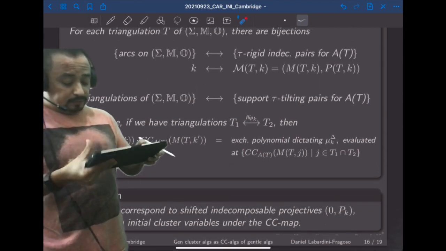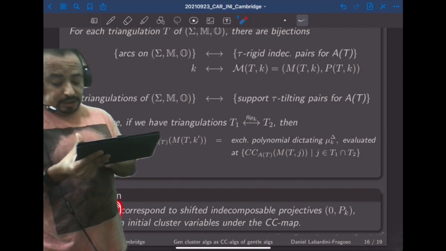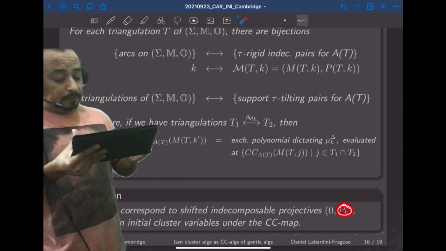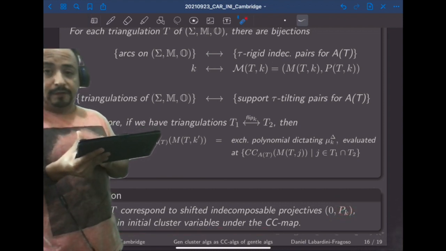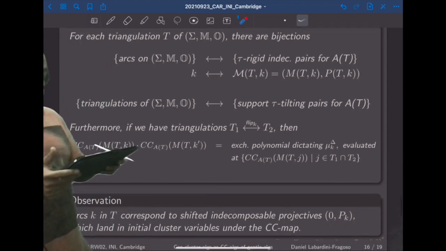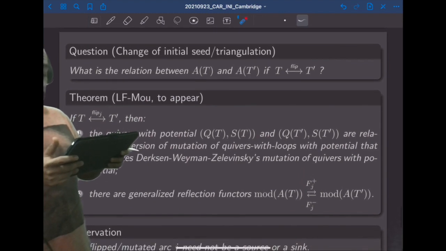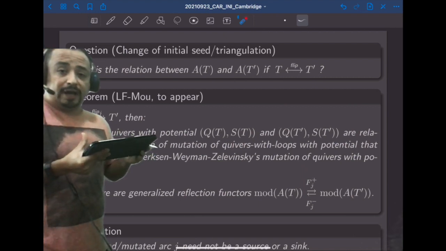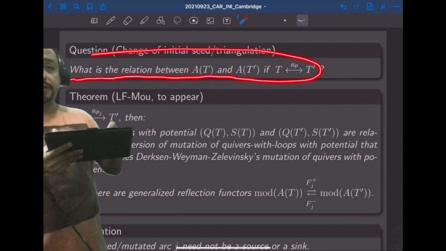So here, just an observation: as you know, the arcs in the original triangulation we make correspond to the shifted projectives, so to the projective in the decoration, and these land in the initial cluster variables. All right, and we also have some sort of answer to the question of what is the relation between